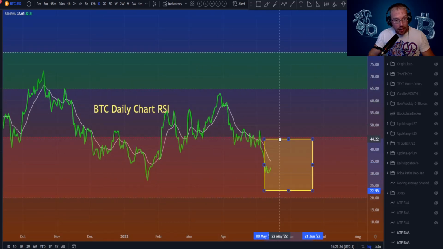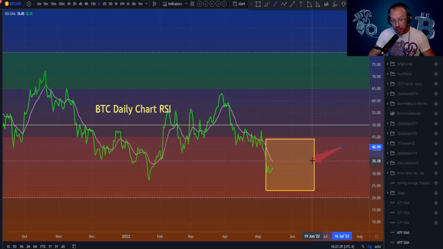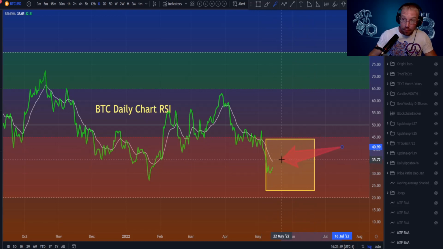Right here, we can expect price not to heat up with this analysis potentially until June. This is June 20th. It might have to. So can you have tradable bounces to the upside in the meantime? Absolutely. But price likely isn't going to skyrocket anytime soon in the next 30 days, because not only do you